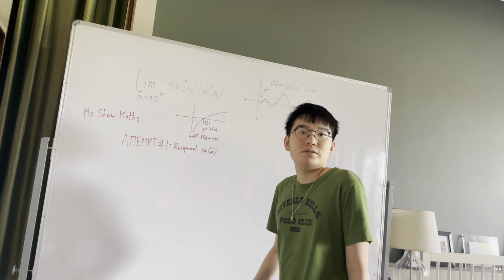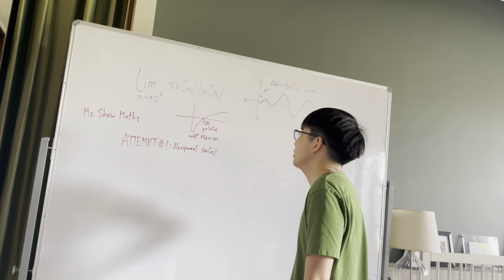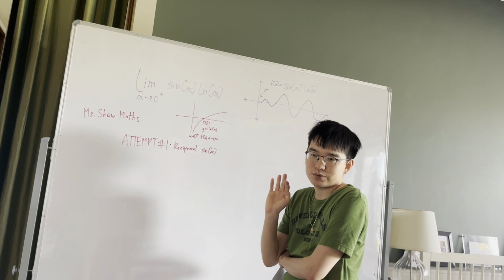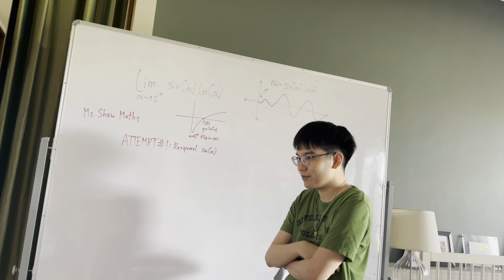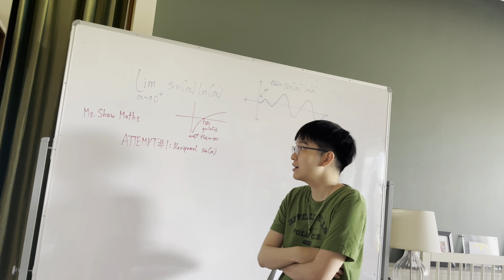Alright everyone, we have a L'Hopital's rule problem which involves a product between two functions, sine of x and natural logarithm of x, and we want to find what happens to the limit as x approaches 0 from the right-hand side. Now, the sad thing is, when you're doing L'Hopital's rule with natural logarithm functions,